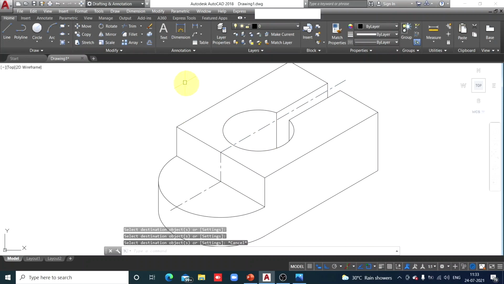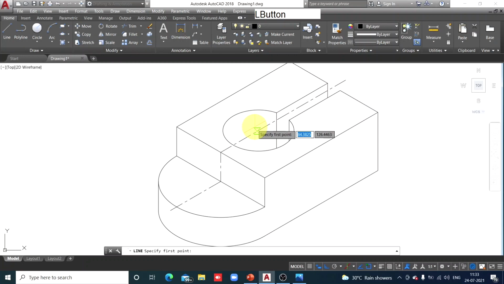Similarly, the center line parallel to the width axis, length and width in the top surface. On the top surface, this opening is. So let's draw the line. When you move your cursor, after selecting a command, I have selected the line command, when you move your cursor on the circle, the AutoCAD software will indicate the center of this circle. Check here. Here it is. So that circle suggests that you have selected the center, but don't click here. Track that center and slightly outside the circle, click it and go through the center.